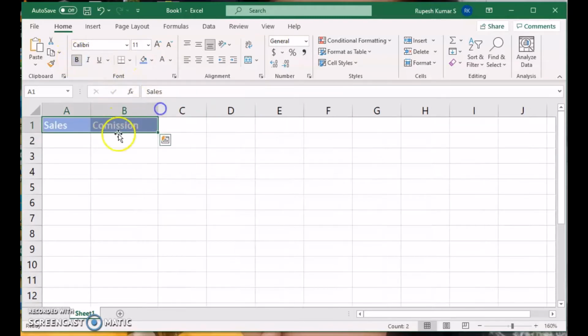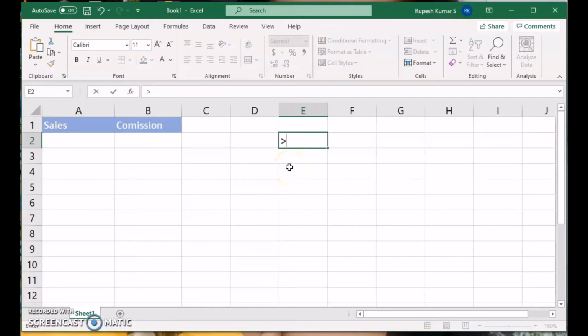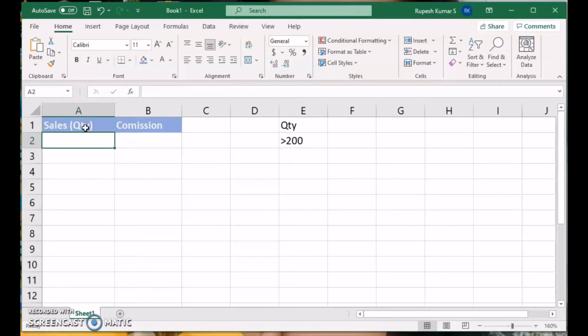Yeah, this is done. So I'm going to put here sales. Our condition is if it is greater than 200 units. We are talking about quantity, so we are capturing sold quantity. You can apply according to your own requirements.